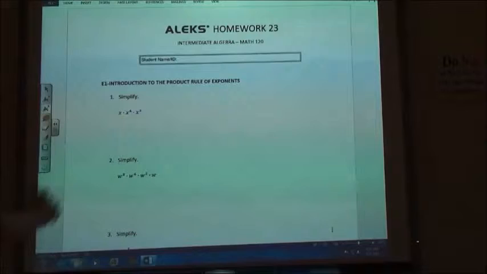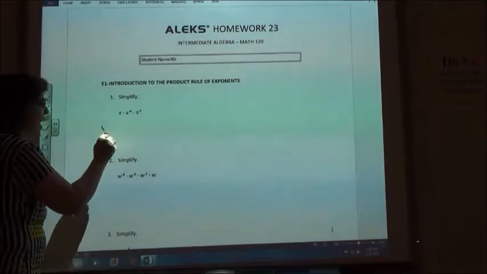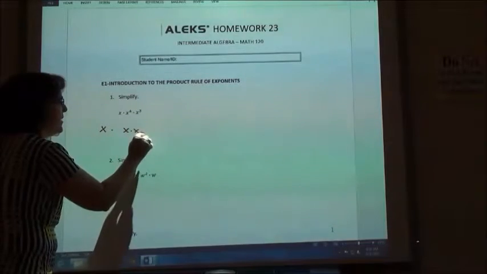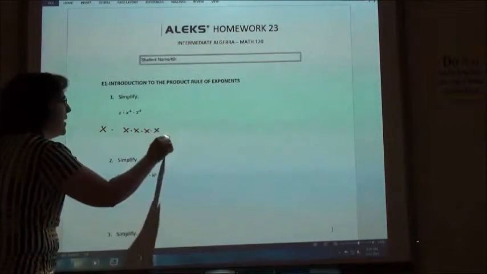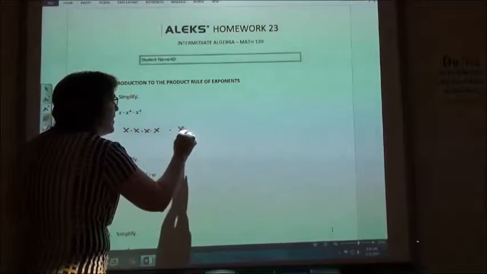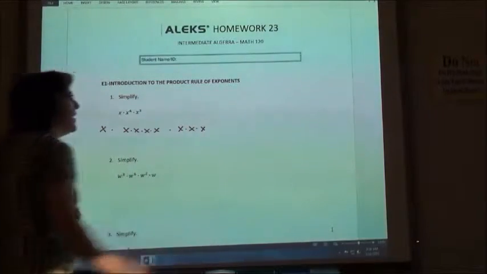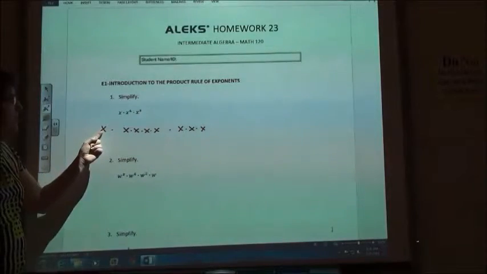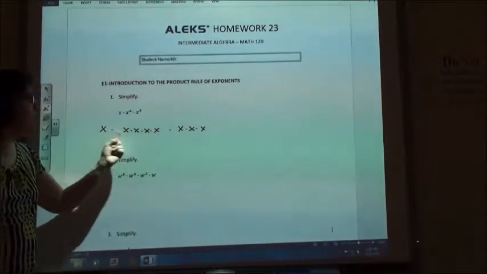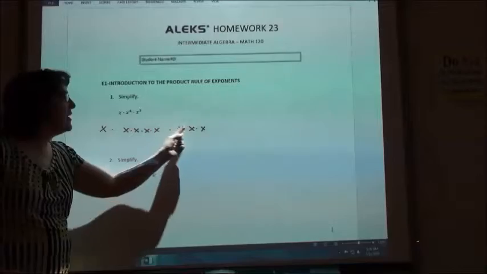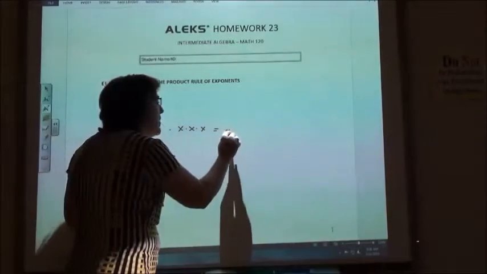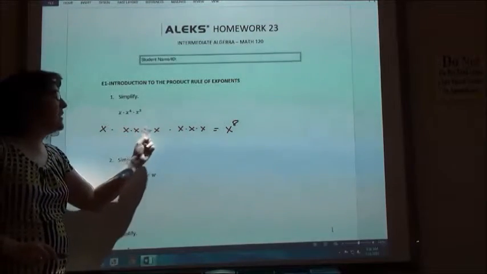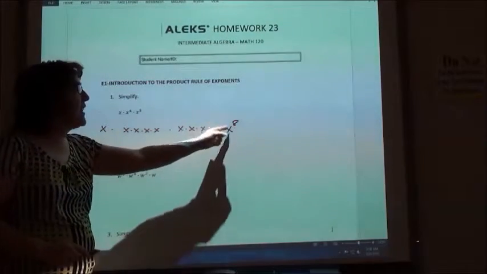So if I expand this whole thing out, I'm going to have x times my x to the fourth, x times x times x times x, times my x to the third, x times x times x. And if I follow my rules for exponents, notice that I have all x's. I've got 1, 2, 3, 4, 5, 6, 7, 8. So I could combine all of that. X times x times x times x times x times x times x times x is x to the 8th